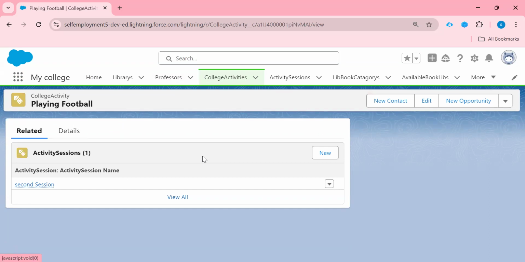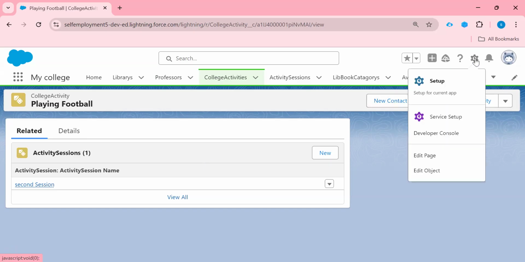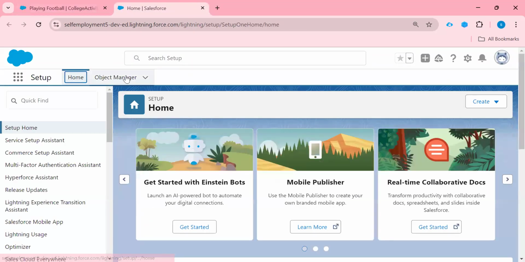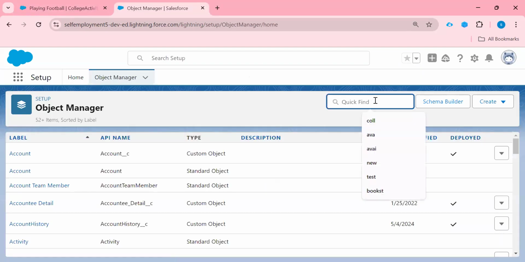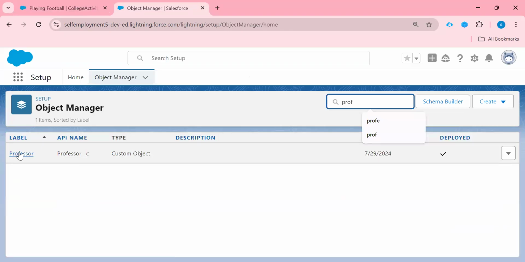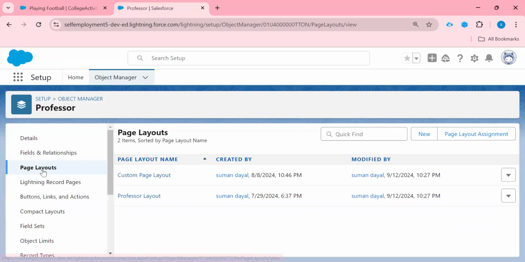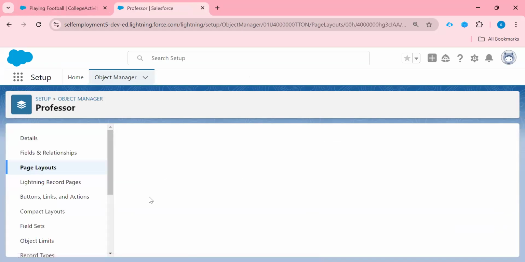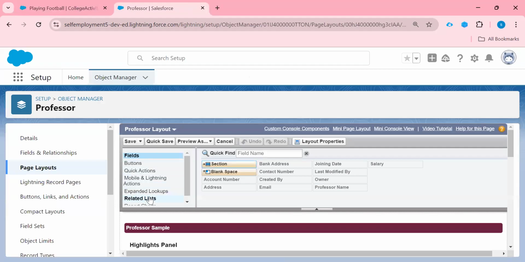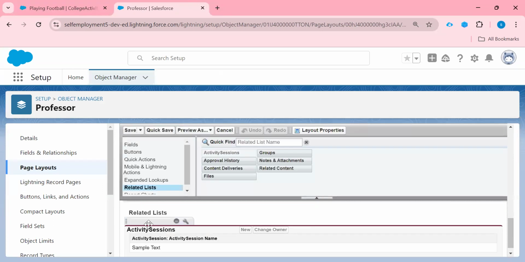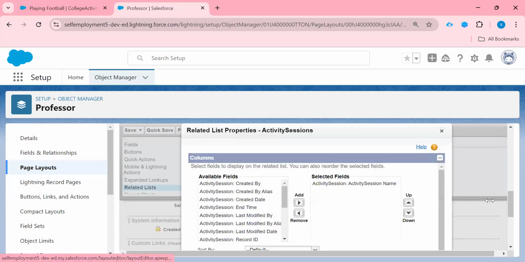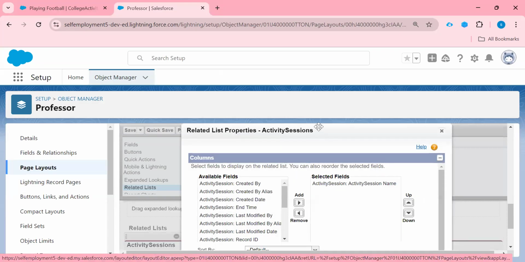So how can we create our related list? Just come to our setup, open our object that is professor, click on the page layout option, and open your default one. In your page layout, you can see the related list option available. Just click here. As you click, it will land you on related list properties. From here, you can select your fields,